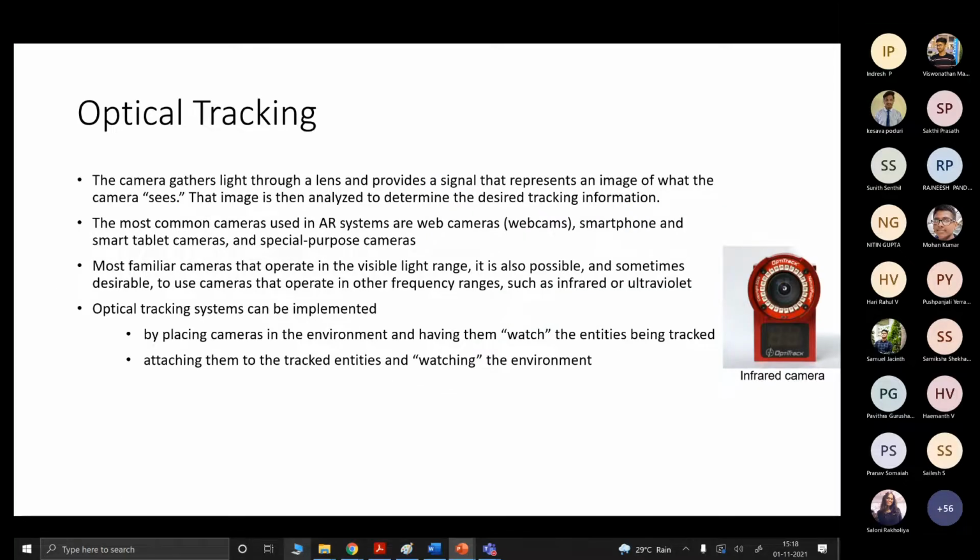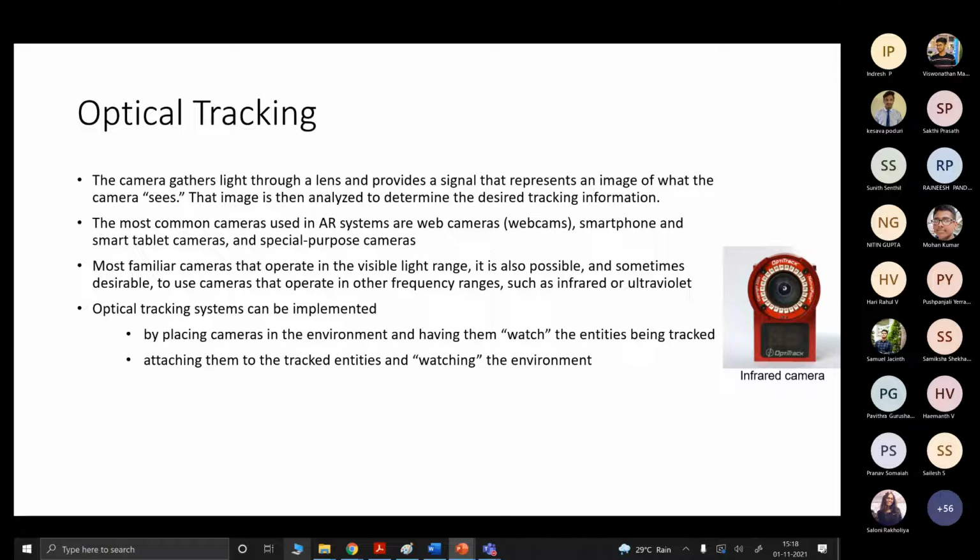Different types of tracking. As we discussed in the case of a VR system, we discussed different types of trackers. In the same way, different trackers are used in AR also. So we will be touching on different trackers. I'm not going to explain the working principle of each and every tracker, as we already did that in the case of VR. I'm just giving the preliminaries of all those trackers we are going to use in AR applications.